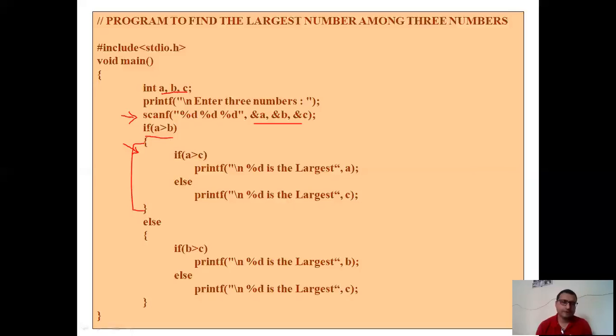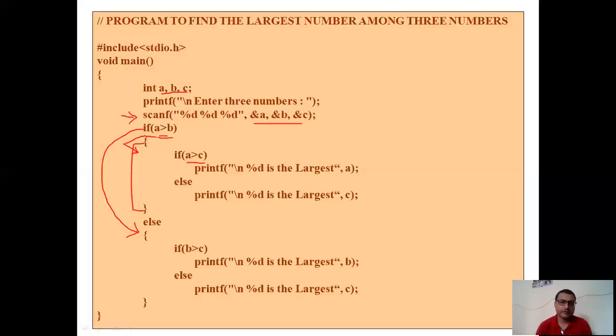Okay. Now, what can be the other possibility? This condition can be false also. In that case, if this condition is false, then I'll directly go to the else part. If it is true, then I'm going inside this block. If it is false, then I'm going to else. Now I'll compare A with C, right?